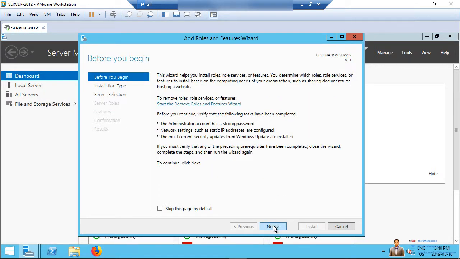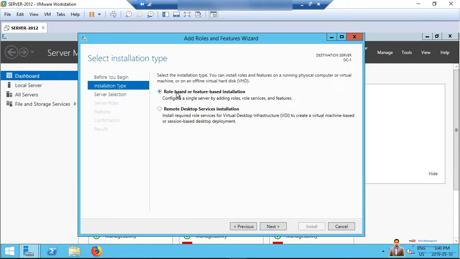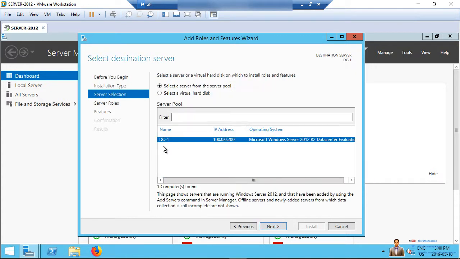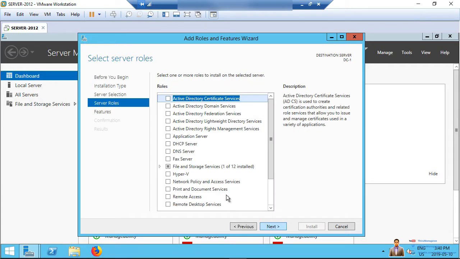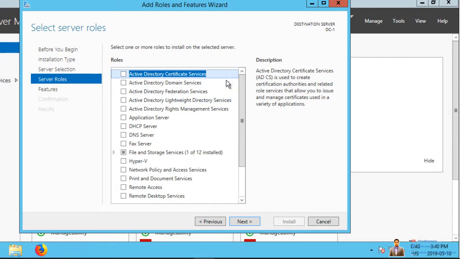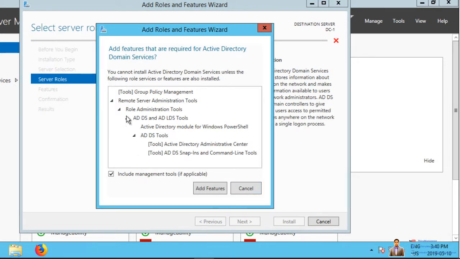and then I'm gonna click on Next here, role-based, Next. You see the DC-1 with, what is this here? It should be okay. Click on Next here, and then Active Directory Domain Services, ADDS, that's what we're going to choose here in the roles area, and then it's going to add features that are required for Active Directory Domain Services. We're going to click on Add Features, and then